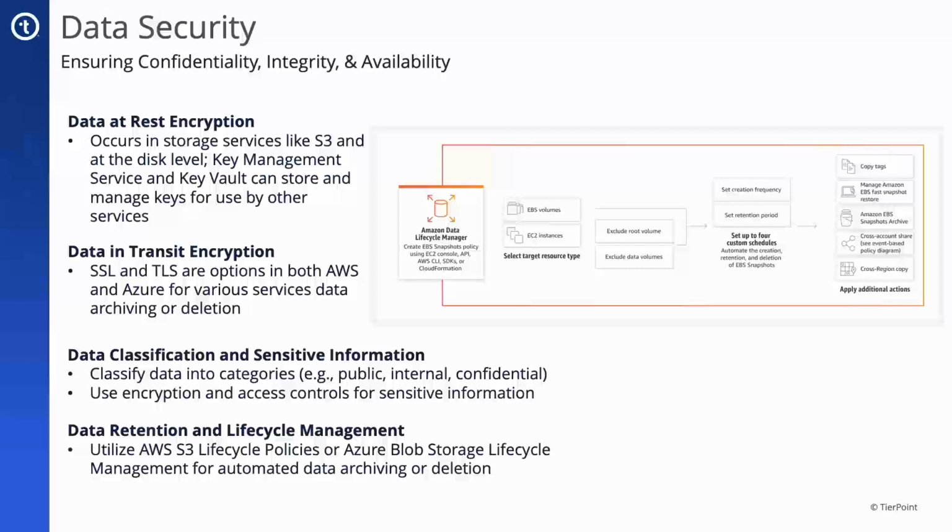Access control: classification guides who should and should not have access to particular sets of data, reducing the risk of unauthorized access. And obviously auditing and monitoring. Classified data can be monitored more closely for any unauthorized access or suspicious activities, helping in quicker incident detection and response. Knowing the importance and sensitivity of data helps in making decisions about its storage, retention, and eventual deletion as well. Proper classification of data and sensitive information is foundational for a robust security posture and effective data management in public cloud environments.